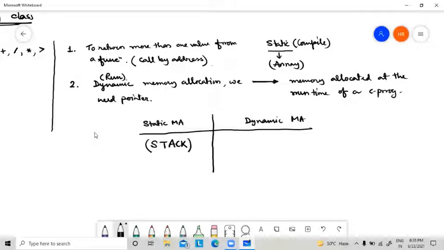And dynamic memory allocation means memory will be allocated at heap. Now remember, in data structures there is one thing called heap sort, or you can say heap tree. So this heap and this heap memory are not the same. Remember, heap sort or heap tree is not the same as heap memory.